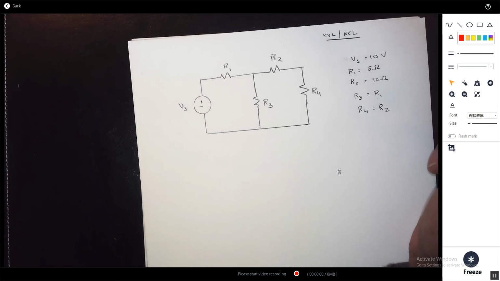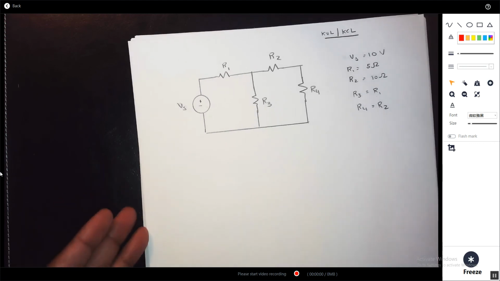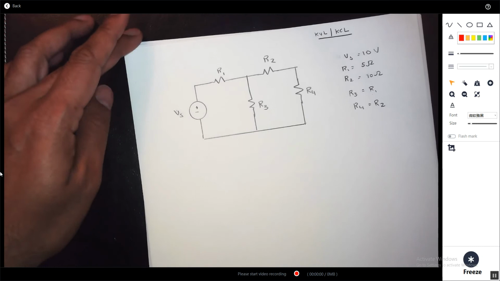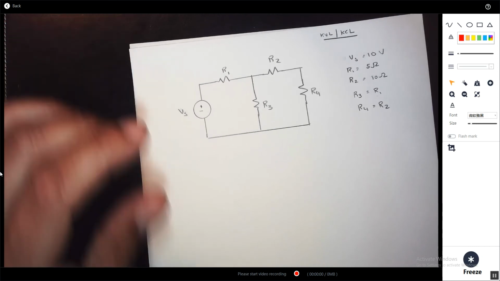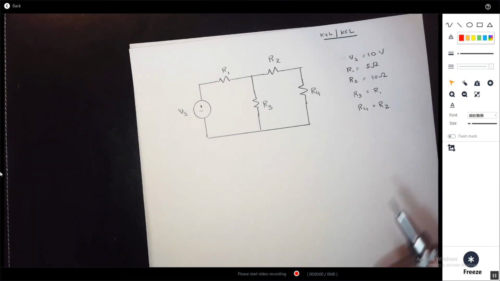Now, the beauty of KVL and KCL is that it's not important to know if resistors are series or parallel and make all these geometric determinations. You simply just have to follow the system. If you follow the system, the answer always comes out, right? So here, the first thing we're going to do, in any of these systems, you simply draw in the